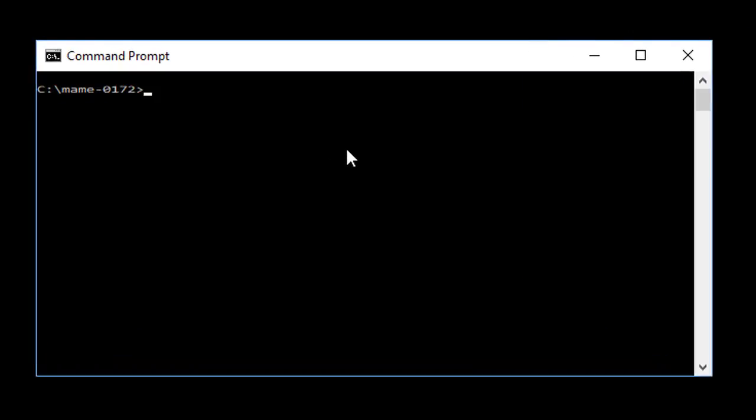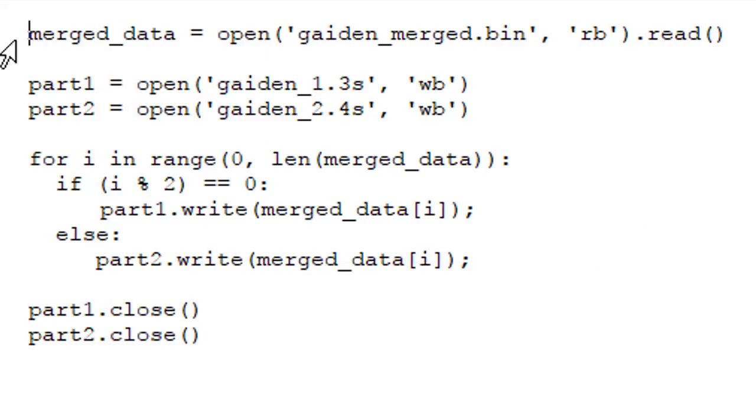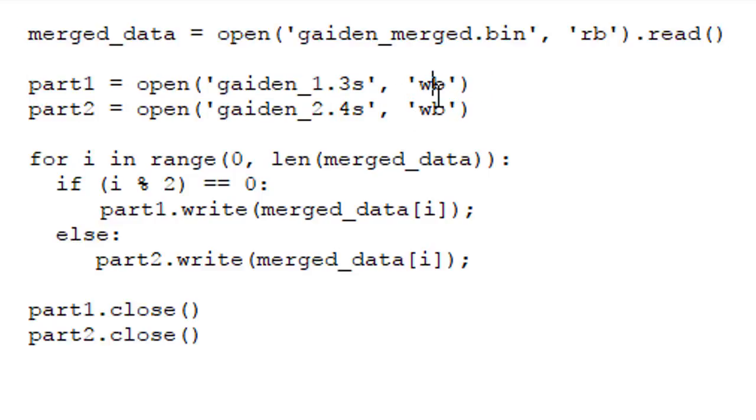So just like the Gaiden merge.py script, I have a Gaiden split.py script. And it's basically the opposite of Gaiden merge. I read the big file, Gaiden merged, and then I create two other files named appropriately, and I'm going to write to these files. And for every byte in the length of how big Gaiden merged is,